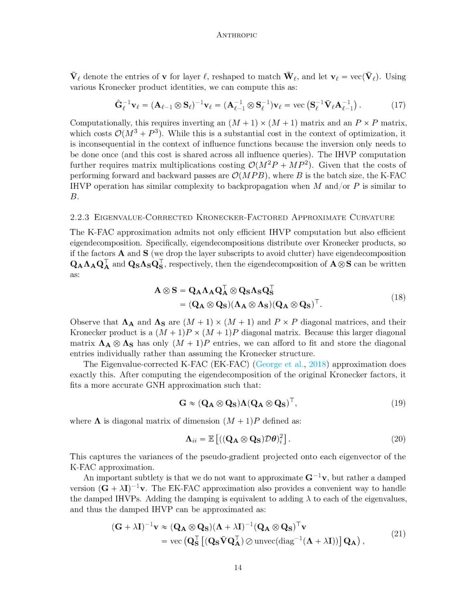Damped IHVP and computation efficiency. An important detail is that we're not working with the approximation of G^-1 v, but a damped version of it, (G + λI)^-1 v, and the EK-FAC approximation provides a convenient method to handle this damped IHVP. In simpler terms, the damping is like adding a constant, lambda, to each of the eigenvalues. The damped IHVP can then be approximated using the eigenvectors and the new, modified eigenvalues.